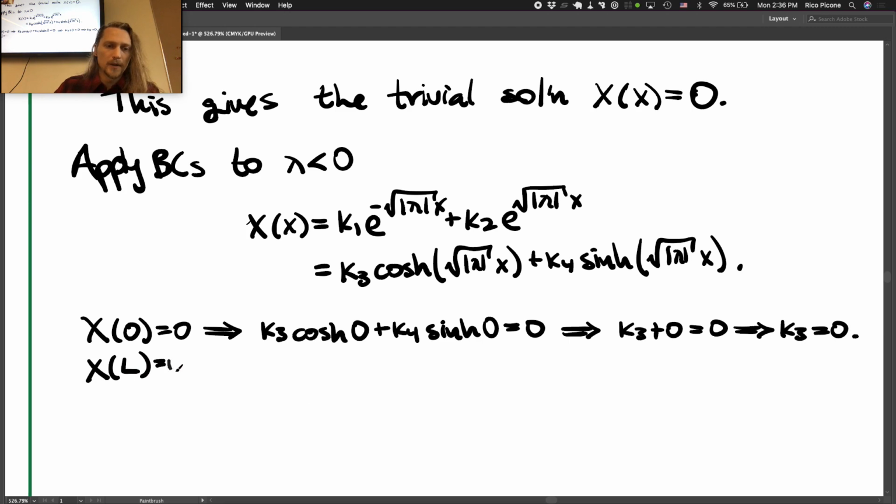And the other boundary, X of L equals 0, implies that k3 cosh of the square root of the absolute value of lambda L plus k4 sinh of the square root